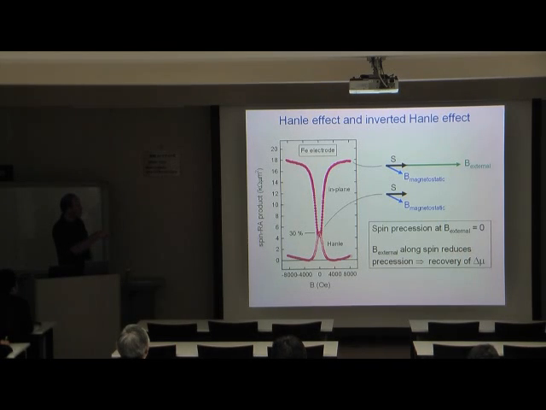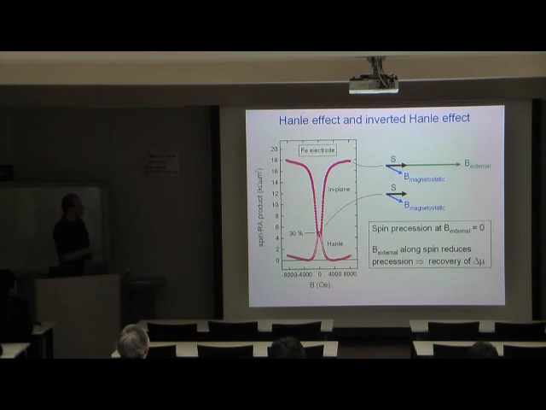We see actually an enhancement of the spin signal as a function of the magnetic field. And the way to understand this is that at zero external magnetic field, the spin accumulation is already reduced because the spins are precessing in the local magnetostatic fields produced by the roughness. So this precession causes a reduction of the spin accumulation even without an external field.